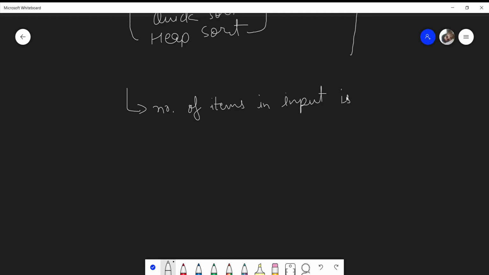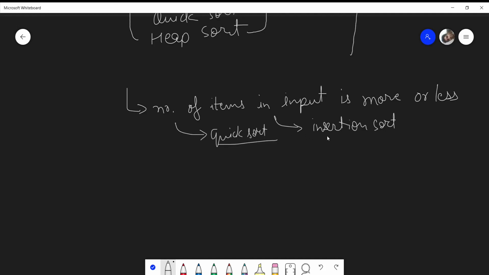Let's say if my data set is very huge, then I might want to use a different sorting algorithm, and if my data set is very small, then in that case I might want to use insertion sort, and if my data set is large, then I might want to use quick sort. This is an example that I'm giving, but later on we'll be discussing them in detail.